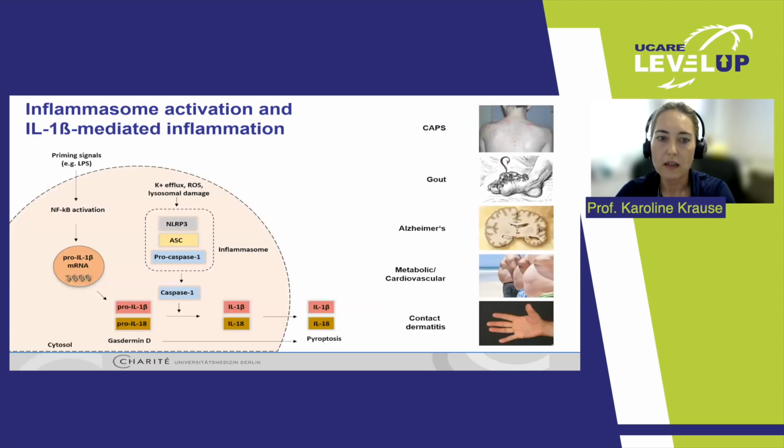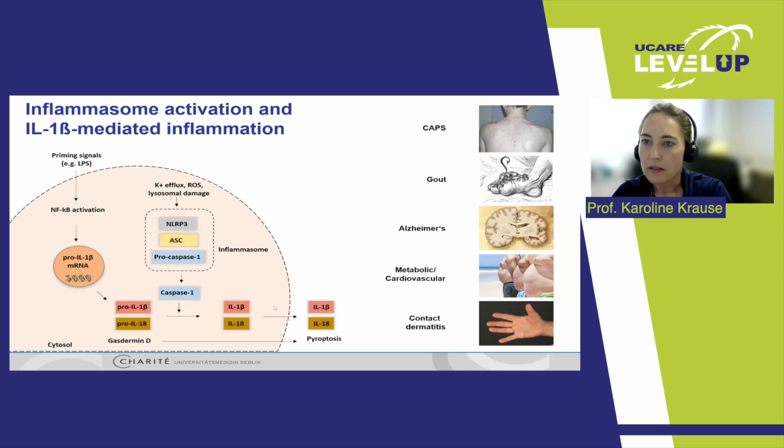And how is this done? So as we know, most of these diseases are in particular mediated via the inflammasome. The inflammasome is an intracellular multiprotein complex which processes the two cytokines IL-1 beta and IL-18 into their active forms. And if we have a mutation, for example, in this genetic disorder CAPS in NLRP3, in this protein here, then we have a lot of IL-1 beta, and in addition also IL-18, which is processed, and then a lot of IL-1 beta mediated inflammation.